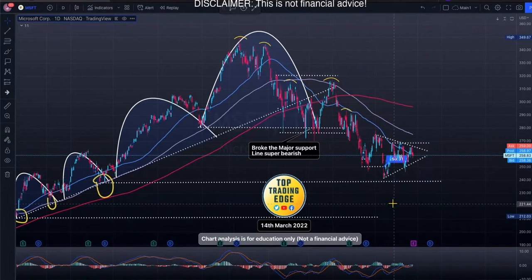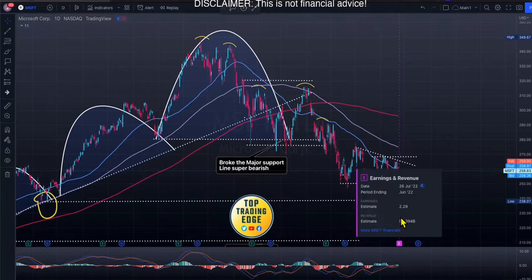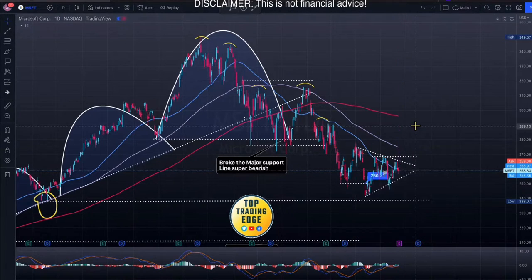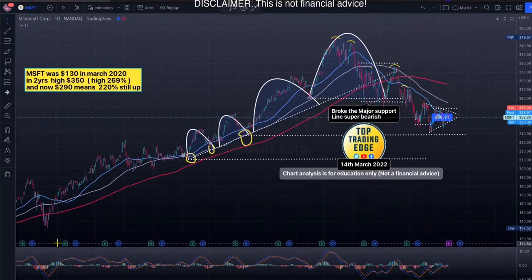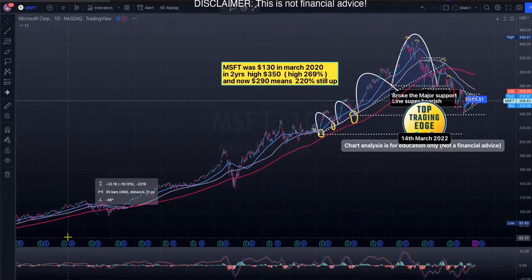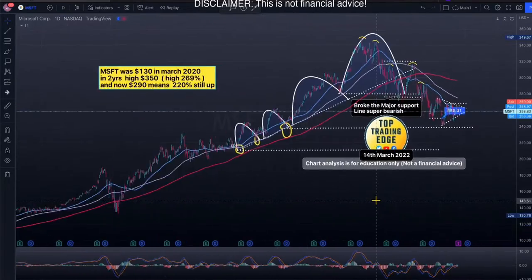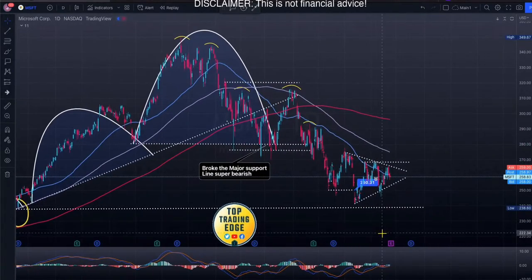So what the earnings look like here, the only mistake they have made is they raised their guidance, right? Whenever a company raises guidance in this kind of environment, where the currency war is going on, and with the supply constraints and CPI and inflation numbers coming higher and higher, we all know that. Because of that, you see these all green earnings. Microsoft always remains green. Look at that, not a single miss. Do you see this? Every time they beat. I feel something unusual is going to happen this time.